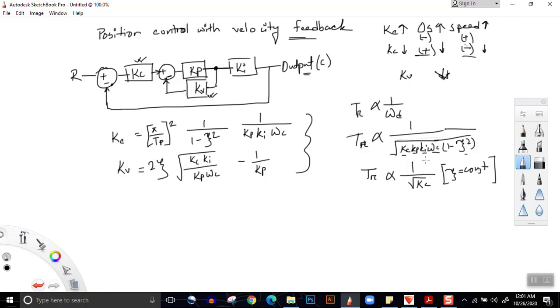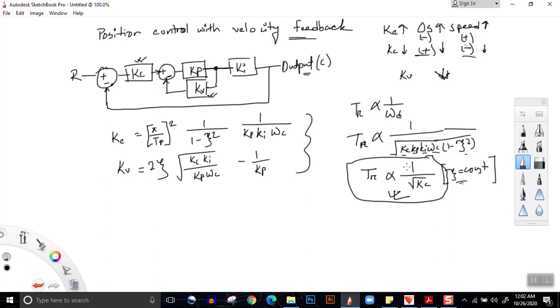So we cannot derive or come to this understanding as if zeta is not constant. If the zeta constant means overshoot constant, then for a constant value of overshoot, our rise time will be proportional to 1 by root over Kc. So the greater the value of Kc, the smaller will be the value of rise time. And this proportionality is something that we will be experimenting with, and we'll be finding out in our experiment,